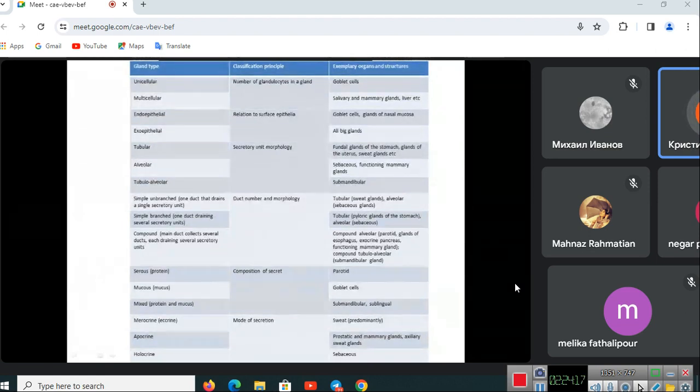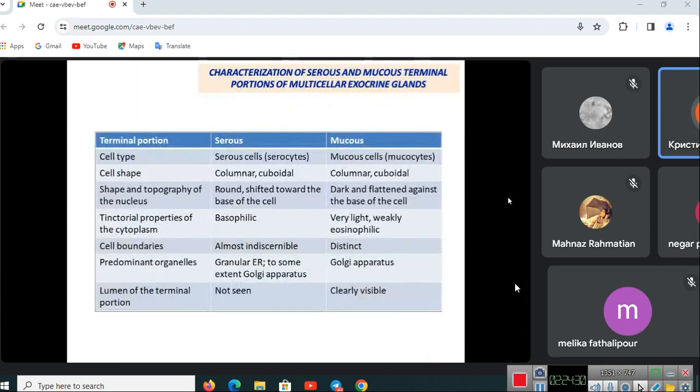So here you can see the full description and classification of glands that we see in our classes and in colloquium, so you should study this slide for yourself. And here you can see also the classification according to the terminal portion, cell type, and the shape of the cells, and which organelles are developed in